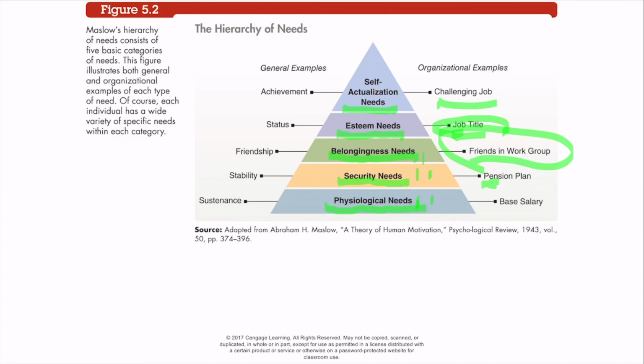But this is just one of the models that we're going to be looking at this week when it comes to motivation. But as you can see, I want you, probably in the first forum, to take a look at Maslow's hierarchy of needs, and I want you to translate that into what you're needing right now. What are some physiological needs that you would have in the workplace, having read the material? What are some security needs that you would have? What are the belongingness needs or esteem needs and self-actualization needs?